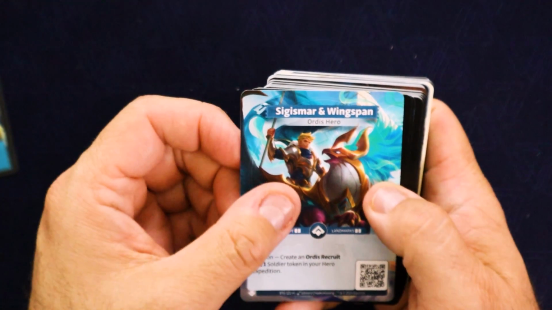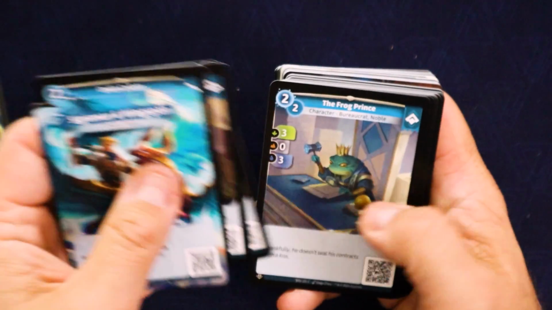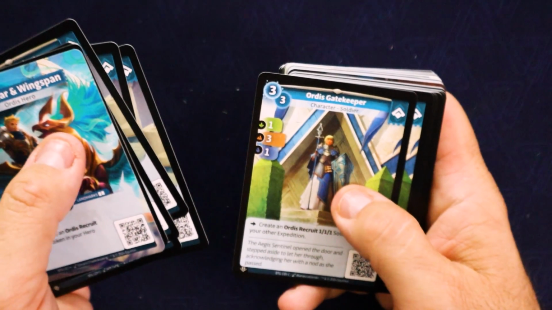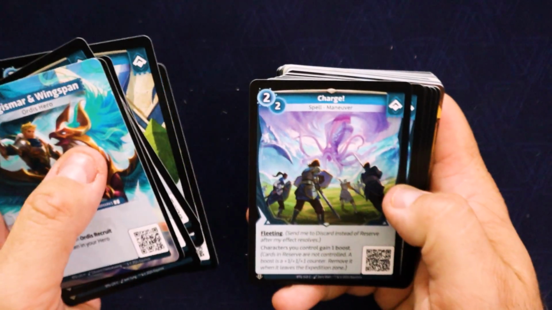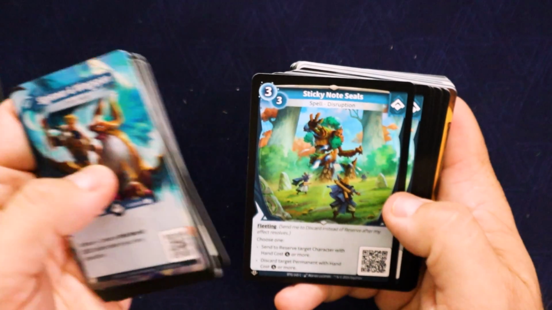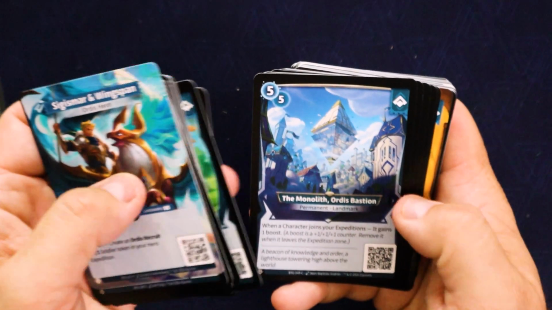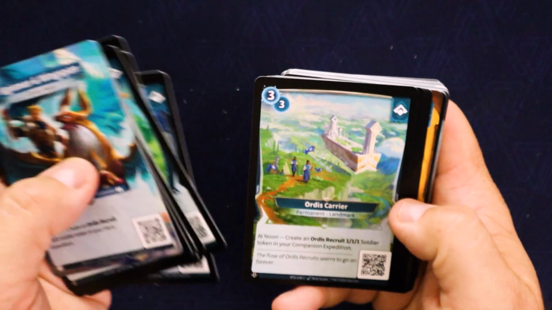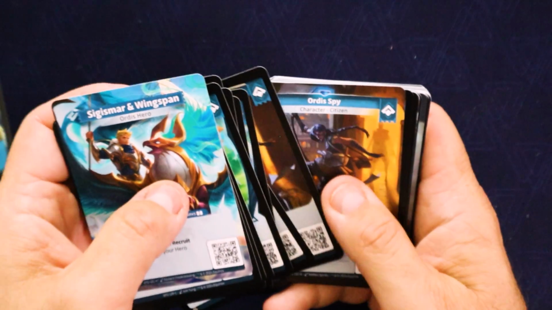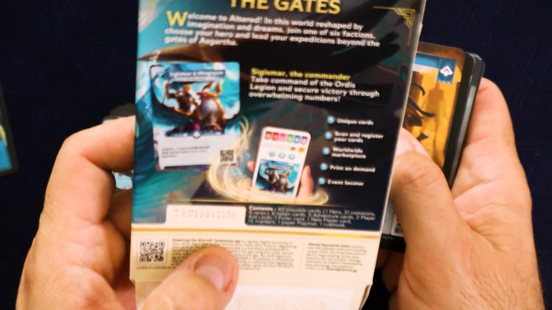All right, Sigismar and Wingspan, Ordis Cadets, the Frog Prince, very cool. Ordis Gatekeeper, Charge, Sticky Note Seals, the Monolith Ordis Bastion, Ordis Carrier, Ordis Spy. I didn't read the back of this one. Hold on. I gotta fix this right now because I didn't say what it said. All right, it says